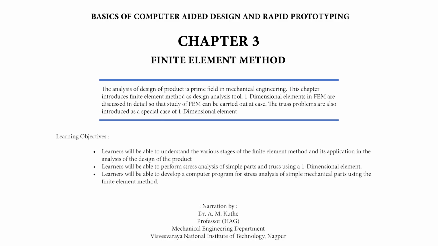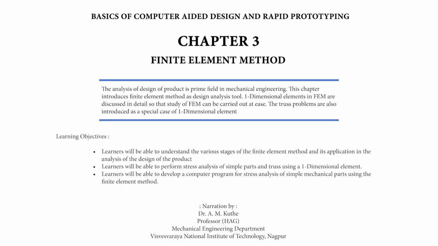For total potential energy to be minimum, we have dM by du equals to 0. That leads to Ku minus P equals to 0, and therefore Ku equals to P. If the stiffness of the material and force are known, displacement can be found out using the equation Ku equals to P. To find the displacement at nodal points on the continuum and considering an analysis of the element on